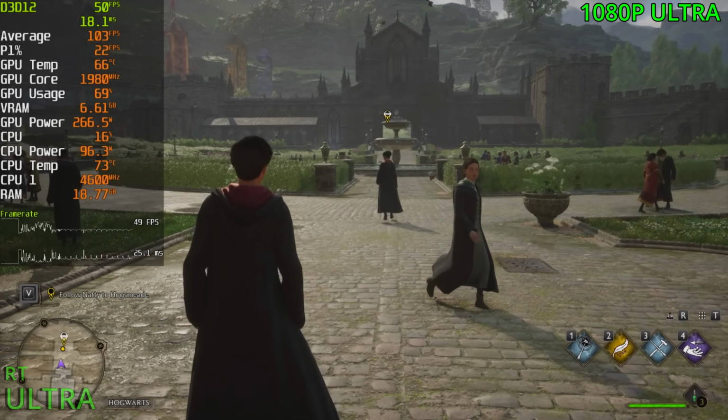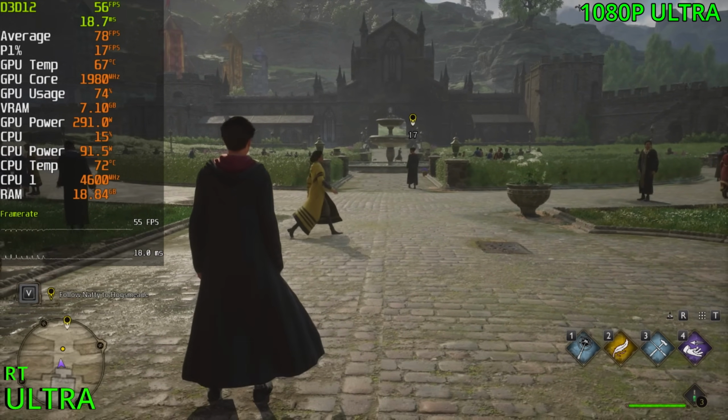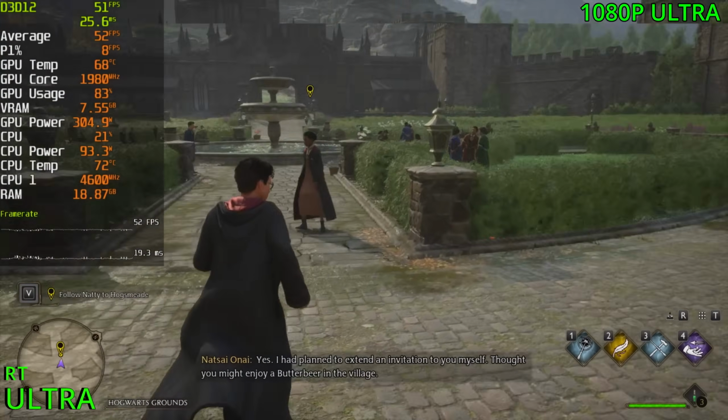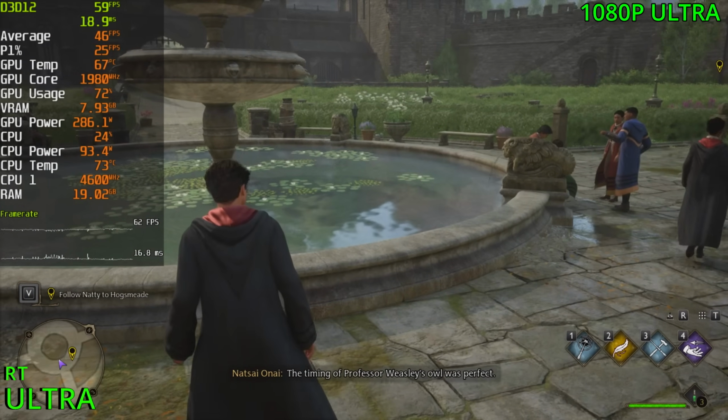Alright, after a quick restart, we're playing the game with RT, and FPS is sitting in the 40s and 50s. It's kind of feeling stuttery too, which is not good. Mouse movement feels pretty sluggish too. Wow, that is rough. Looking at the reflections,